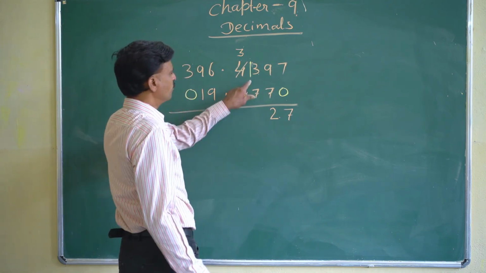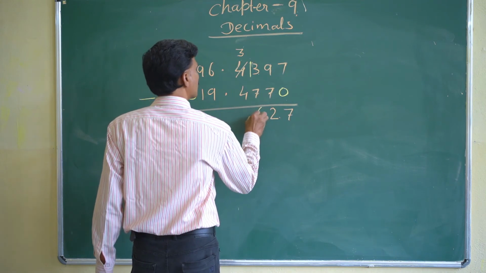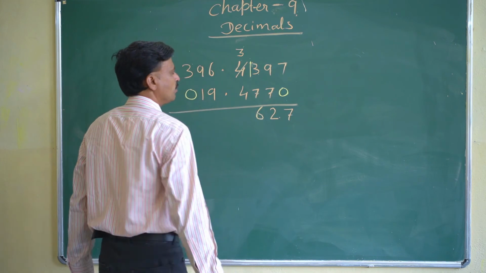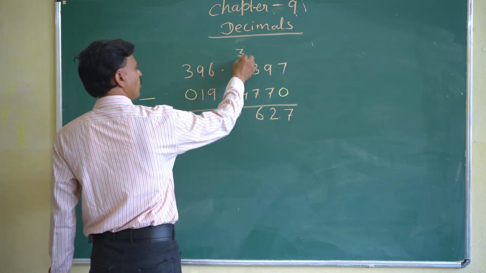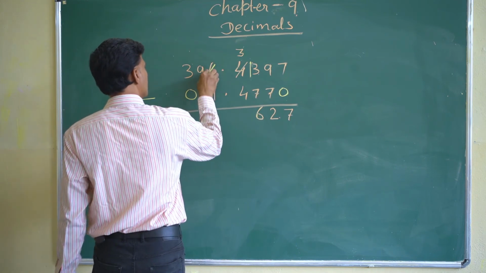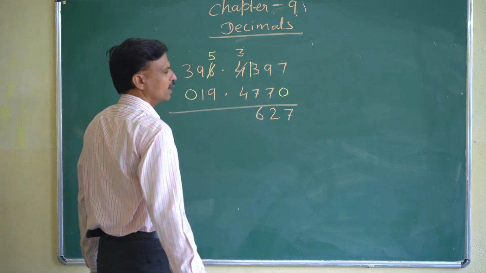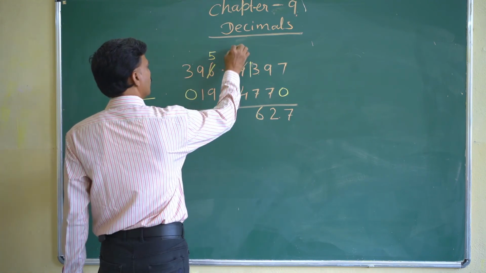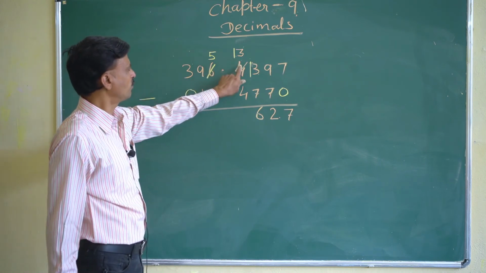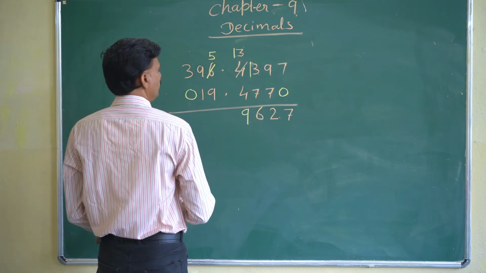Now from 13 we will subtract 7. So what will it come? It will come 6 here. 13 minus 7 is 6, and this is 3. From 3, 4 cannot be subtracted. So what will we do? We'll borrow from 6. When we take 1 from the 6, we'll borrow from it. So 6 becomes 5 and this becomes 13. Then from 13, 4 will be subtracted, so it becomes 9.